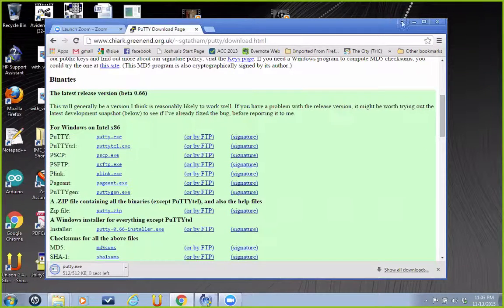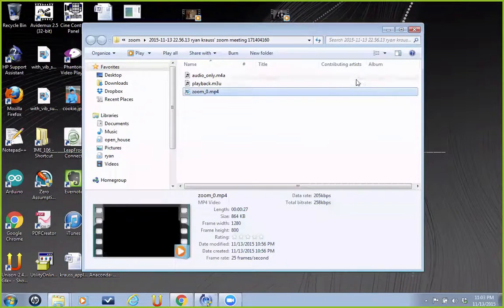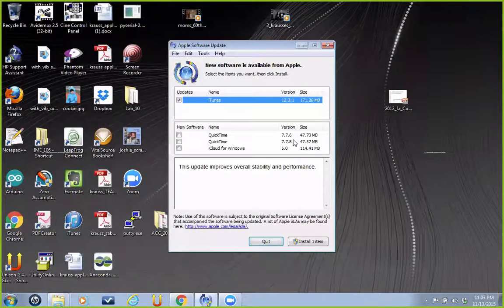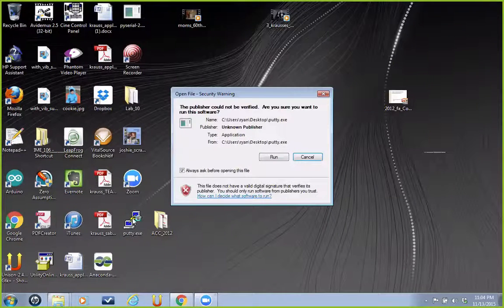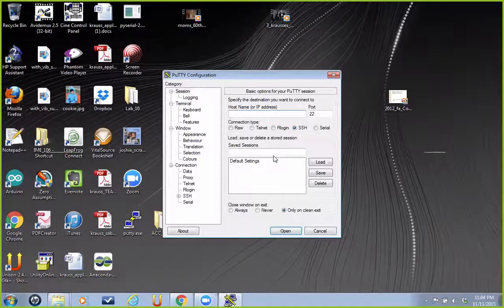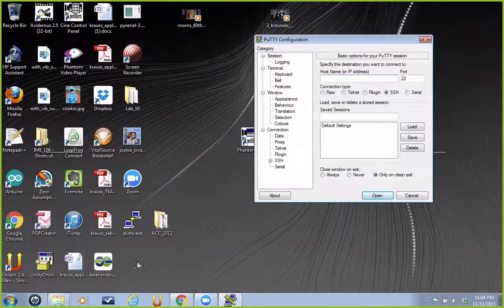And then after you've downloaded it, you'll need to find it. It kind of looks like this with the two lightning bolts. It's a secure shell client. We're going to go ahead and run it. Now it assumes that I already know the IP address that I'm trying to